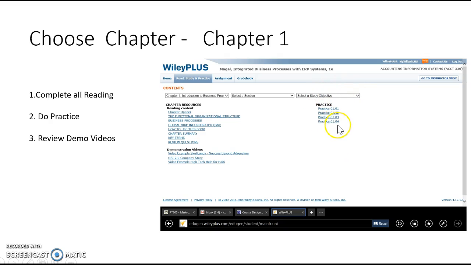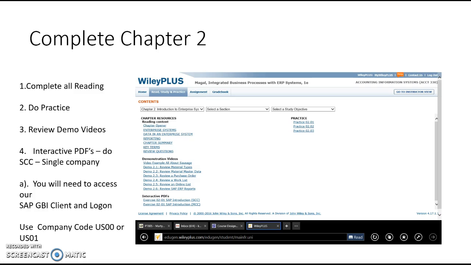Wiley will record your answer. If you get something wrong, go back and look it up, and make sure that you understand what the answer is. Then I want you to look at these demonstration videos because they're helpful. They show you some different things in SAP. They'll show you what the screens look like, etc. So make sure that you do those 3 things. Then you'll move on to chapter 2, and again, you'll do the readings,